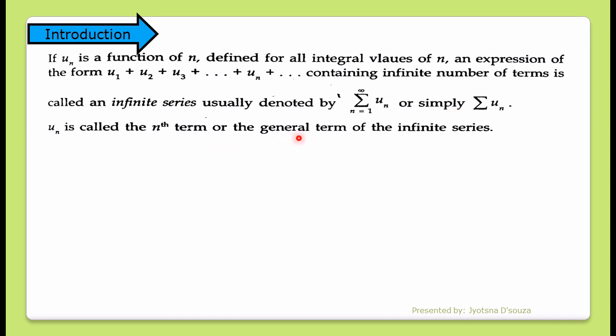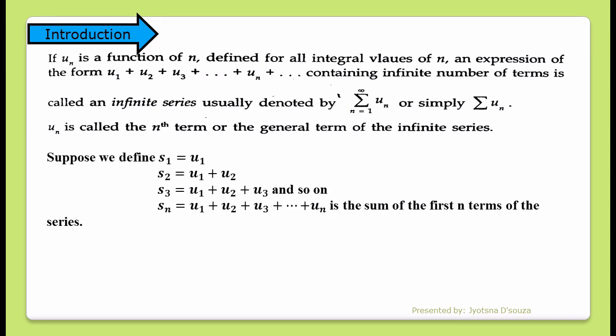Now let us define the sum of the series. Let us suppose we define S1 is equal to u1. So the first term I am taking as S1. Then S2 we define as u1 plus u2. That is, the sum of the first two terms we are taking as S2. Then S3 we define as u1 plus u2 plus u3. That is the sum of the first three terms, we denote it as S3. Then the sum of the first four terms, that is S4, will become u1 plus u2 plus u3 plus u4